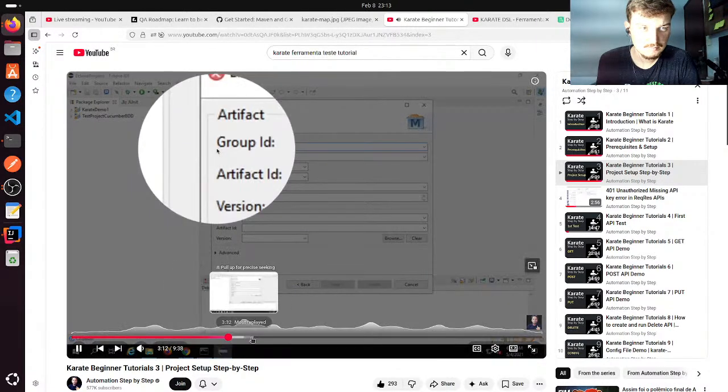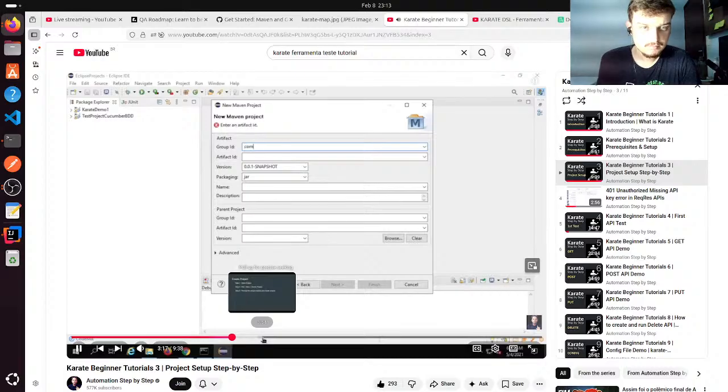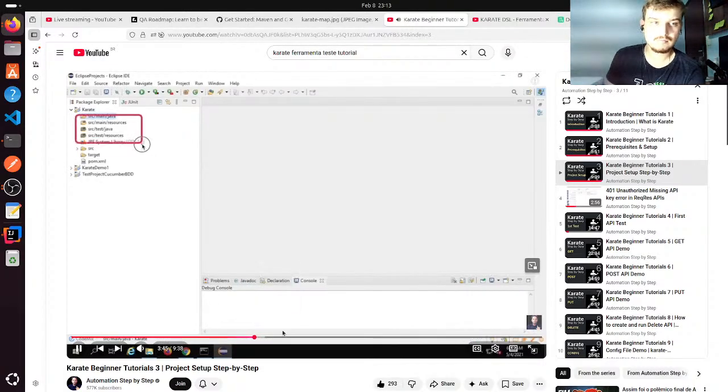And then we have to give a group ID and artifact ID. Group ID I can say form.karate.temple. The different packages and folders. And then